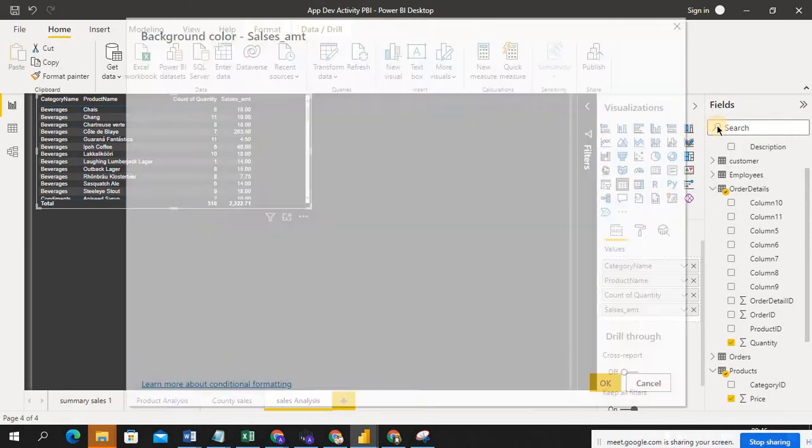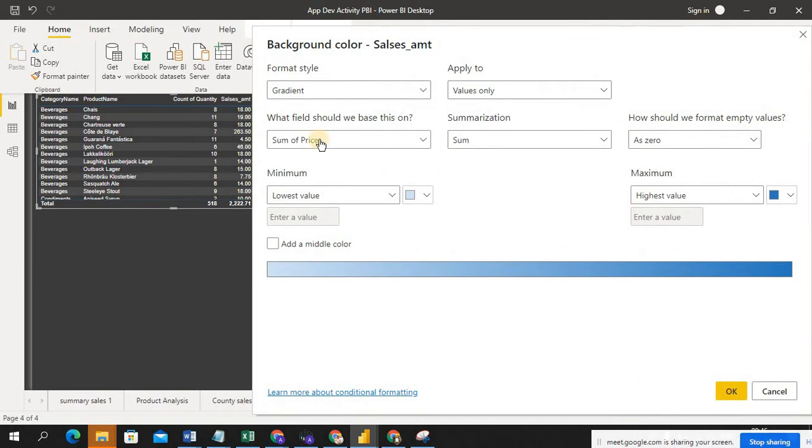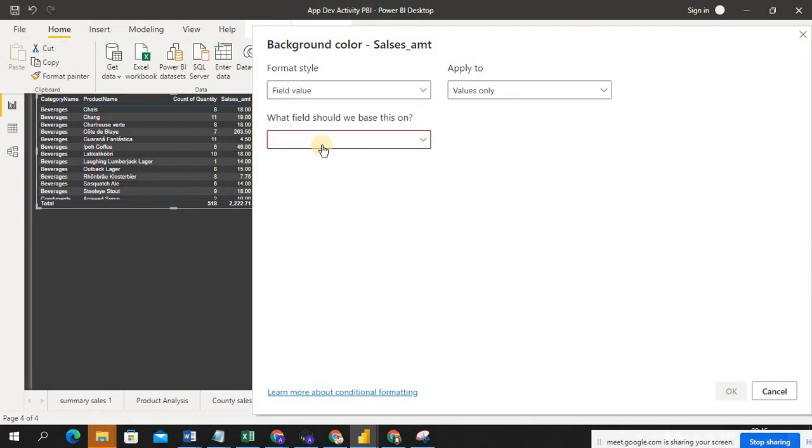I want to make some conditional formatting on the background color. Just click on background color. You can format style, guys. This is the format style, apply to visuals only. In the format style you can select what style it is, a field value, or value on totals.